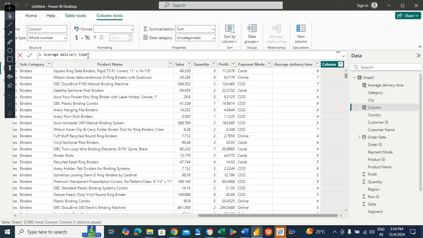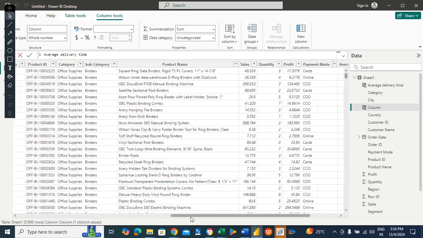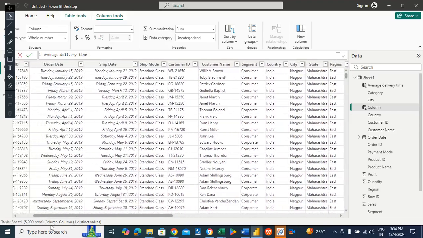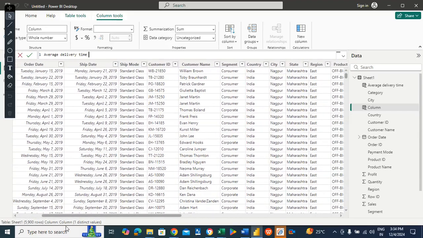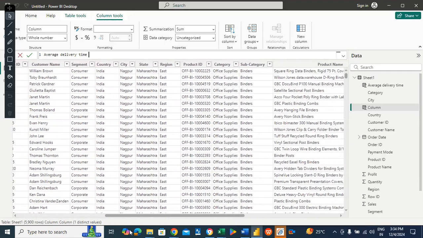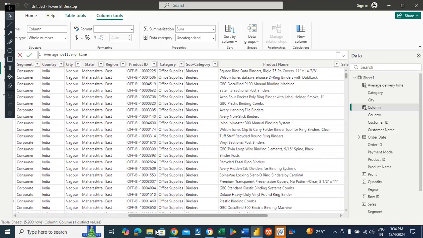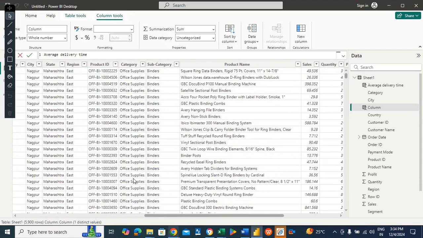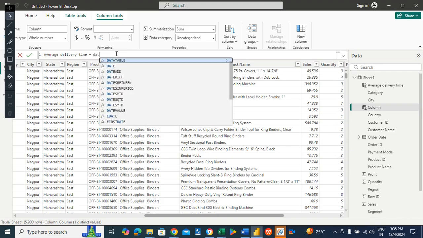You can see clearly that this is a supermarket data set. You have the order date, ship date, customer name, the category of products, name of the products, etc. So we want to find out the average delivery time: how much time does it take for the product to be delivered once the order has been placed? So I'll use the DAX query DATEDIFF,